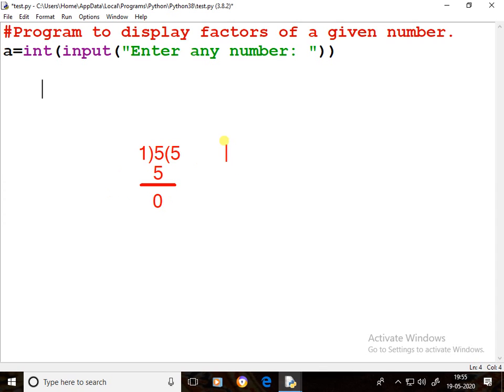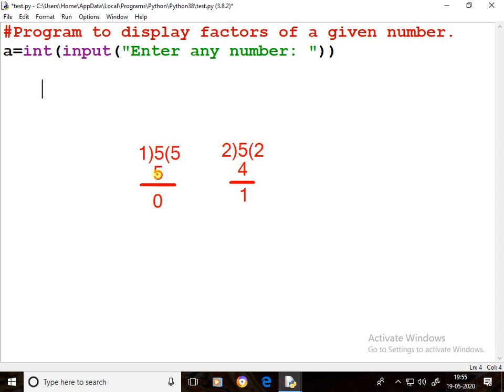Suppose the second one, 2, I'll take. 2 2 ja 4. Remainder is 1. That means 2 is not a factor of 5. 1 is a factor of 5. 2 is not a factor of 5.